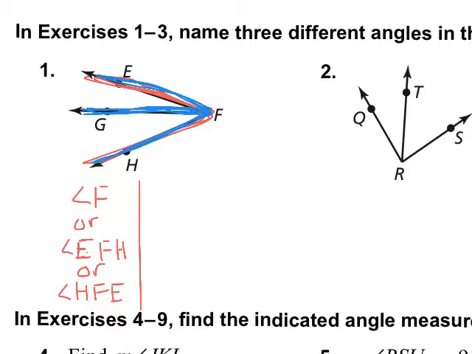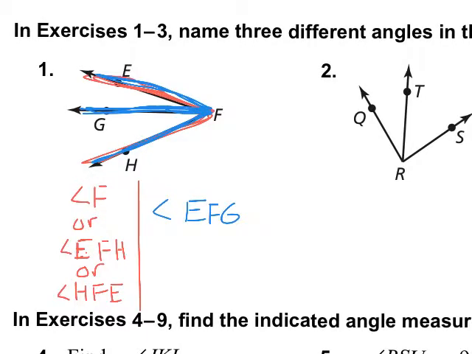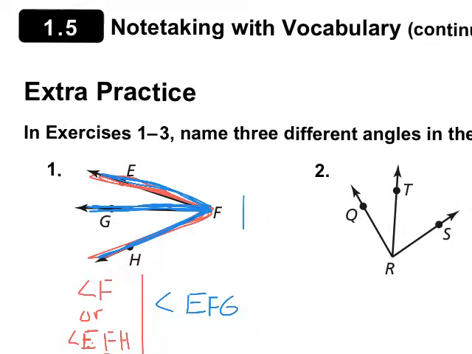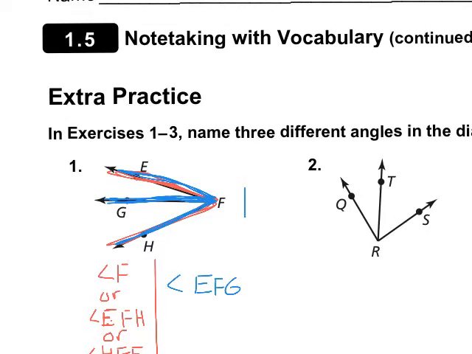Okay, so my other two angles, you can name them a couple different ways. You can name them either EFG or GFE. You just have to make sure that the vertex is in the middle. So I'll just say angle EFG, and then last but not least,